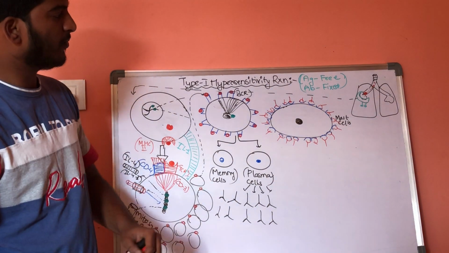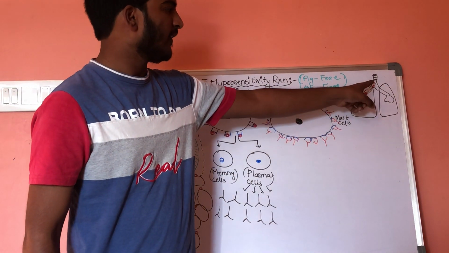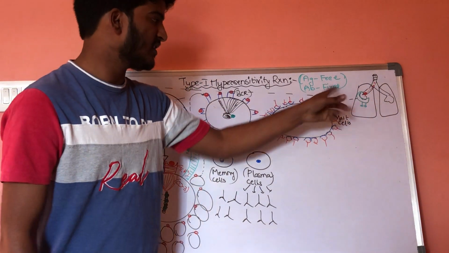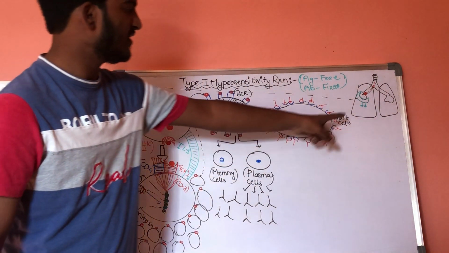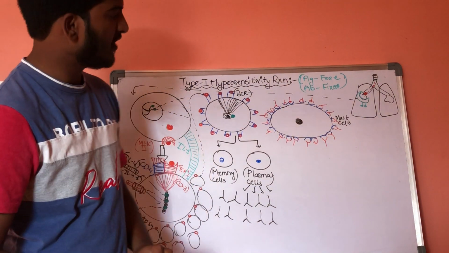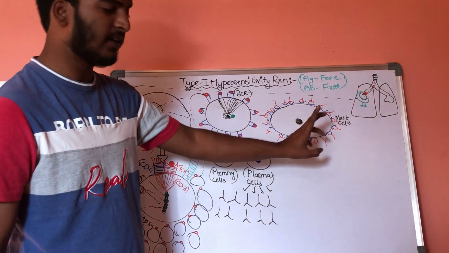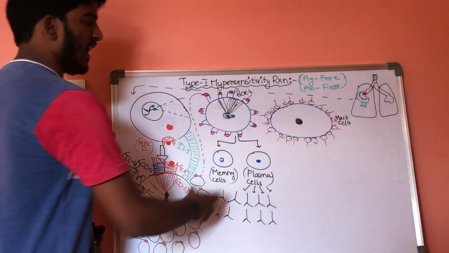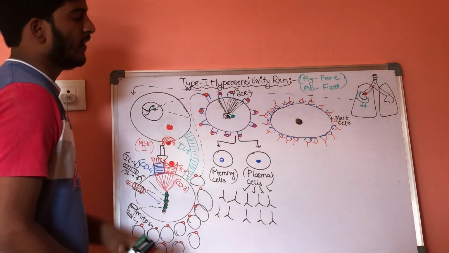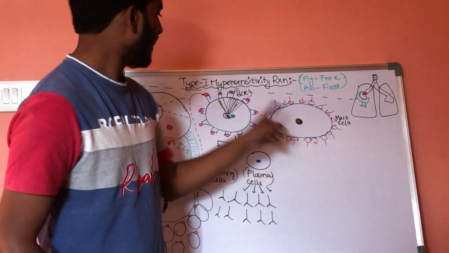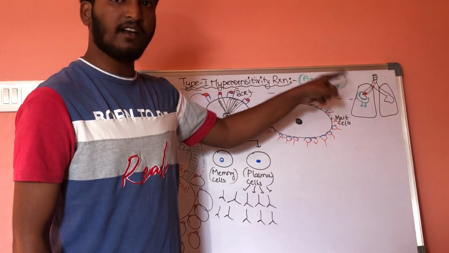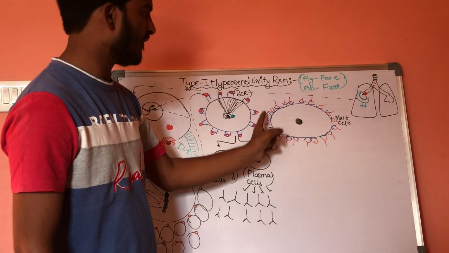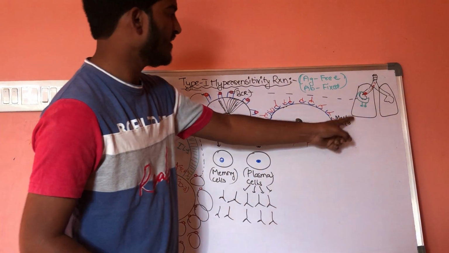So, in part 2, whenever again these pollen grains or pollen antigens enter into our body, they will reach the circulation, and whenever they reach the circulation, they will get exposed to the surface of these antibodies. In hypersensitivity reaction we told that antigens are free whereas antibodies are fixed. So the antibodies are fixed on the surface of mast cells whereas the antigens are free.